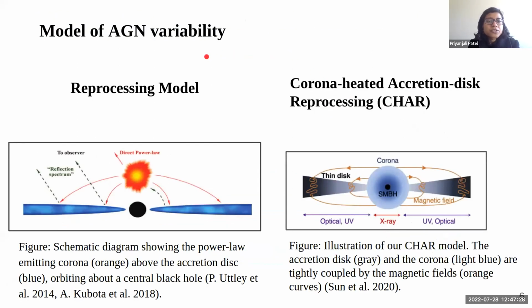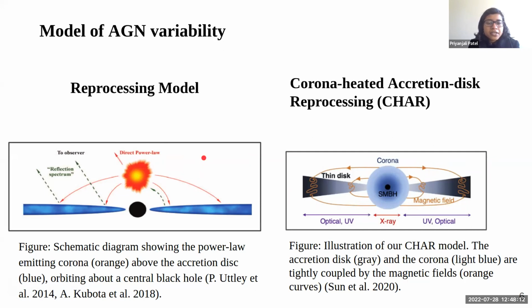There are some models to explain AGN variability. Here I will mention 2 models. The first one is the reprocessing model. In the center is the black hole. Above it is the corona, shown in orange, and the accretion disk is shown in blue. The corona emits X-rays, and these X-rays get absorbed by the accretion disk, which reprocesses them from UV to the infrared. Although this reprocessing model is able to explain the temperature profile of the accretion disk and some other